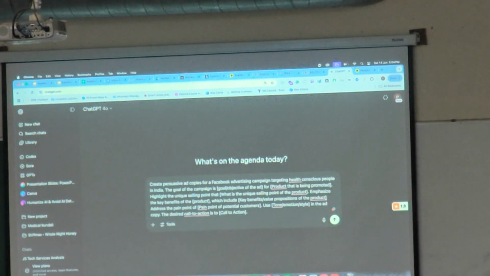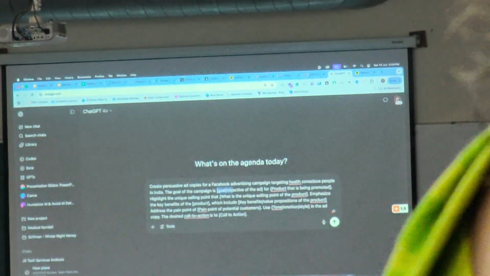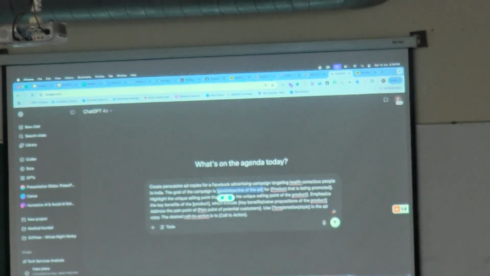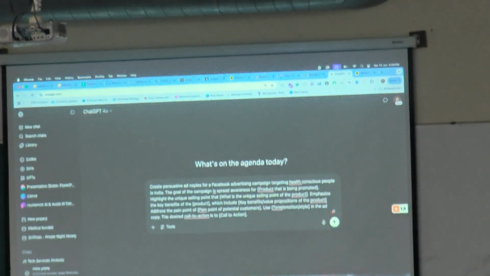Next, the goal of the campaign. What was the goal of the campaign? Yes. So spread awareness for the product, Sprouted NutriMix. How many of you got this product?